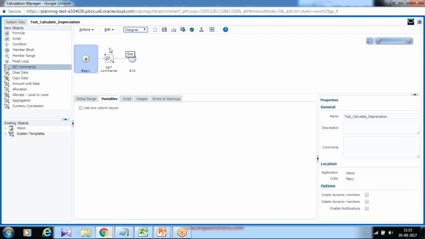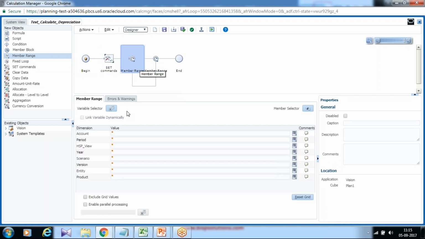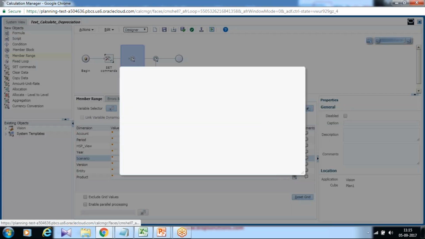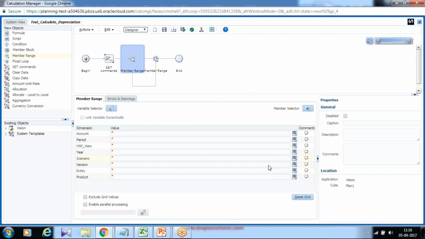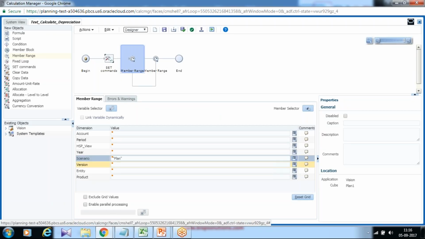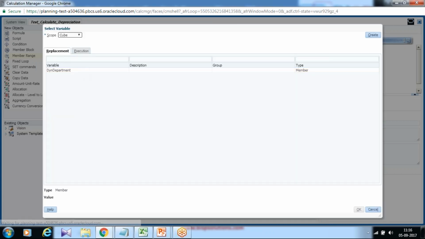As I want depreciation to be calculated for a specific subsection of your cube, I use the member range function, which is nothing but a fixed expression. I like to fix it for a specific scenario, for Plan. So I can use a variable or member name here. I use the member name over here for Plan. And version I use as a variable, the one which we created in the variable designer.